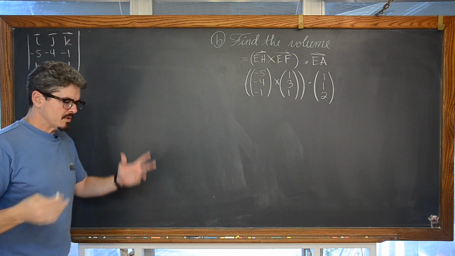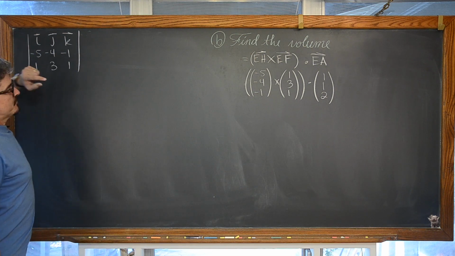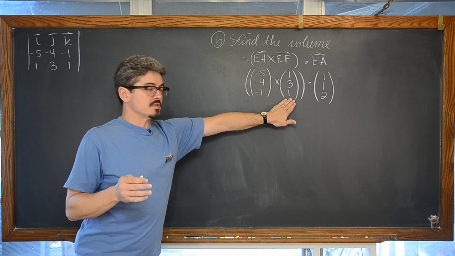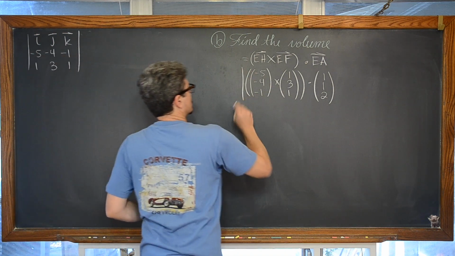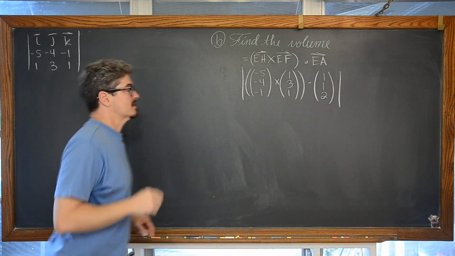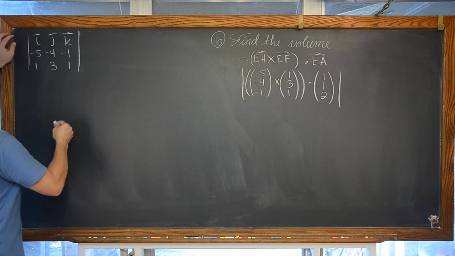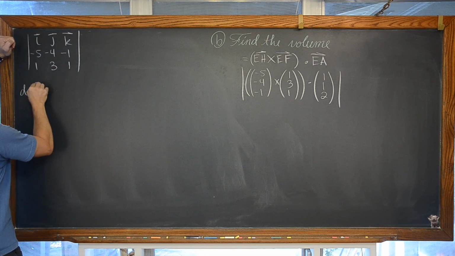Now, there was no indication of how to set up that cross product. So if this is my first vector and you wrote this vector first for setting up your cross product, we're going to have opposite answers. So we're going to go ahead and wrap that in absolute value symbols. Looks almost like magnitude, but yeah. Okay, so we're going to take the determinant